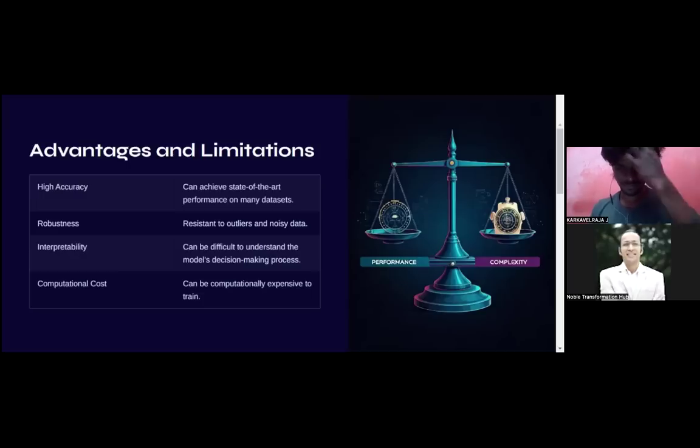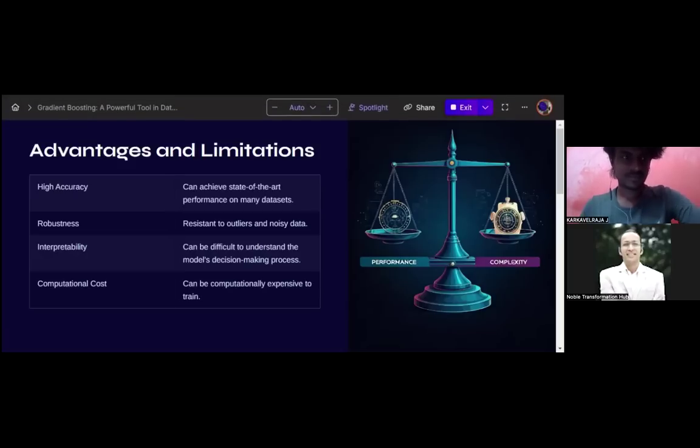Yeah, so advantages and limitations, guys. Let's understand that. High accuracy can achieve state-of-the-art performance on many data sets. That is the advantage. Robustness, it is again resistant to outliers and noisy data. So this is the advantage. Interpretability, it can be difficult to understand the model's decision-making process, and that is a limitation. And then you have computational costs, it can be